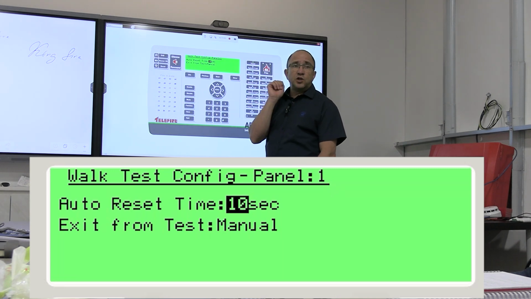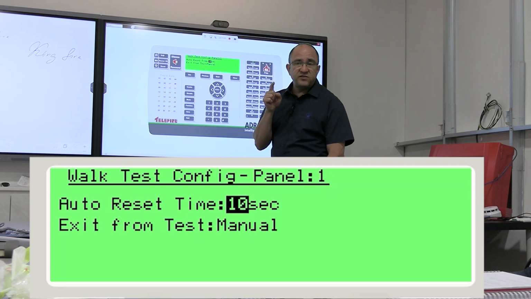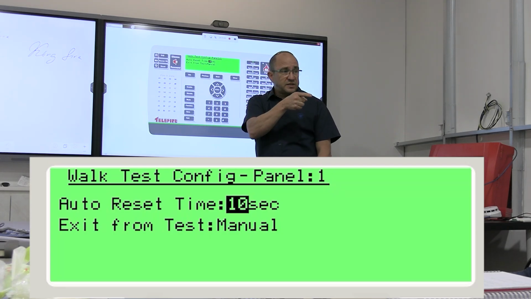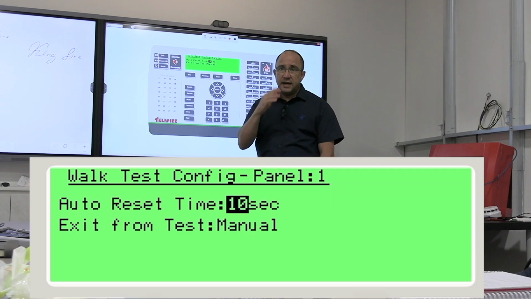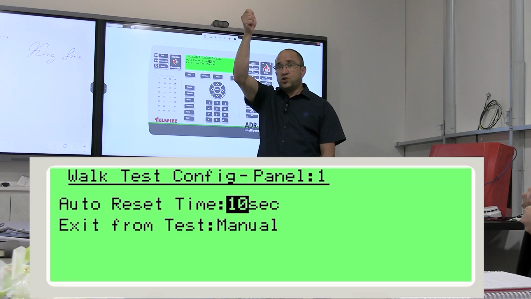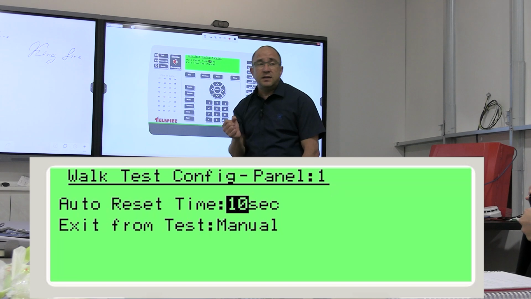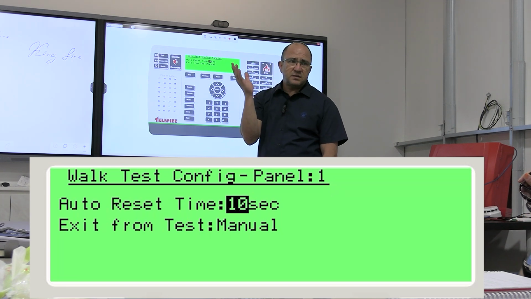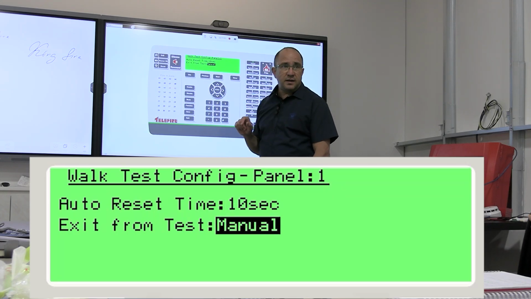If I switch on the light, it will work for 10 seconds and then it shuts off. In those 10 seconds, it gives me enough time to go underneath the ceiling to see the LED flickering. You know what I mean? When you have a drop ceiling and a detector above the ceiling, you're supposed to put an LED. So you can switch on that detector to see that it's working, and you can go down the ladder and see that the LED is flashing. For 10 seconds, that's it. Here you can change it. 11 or whatever. If you want it to go out automatically or manually,